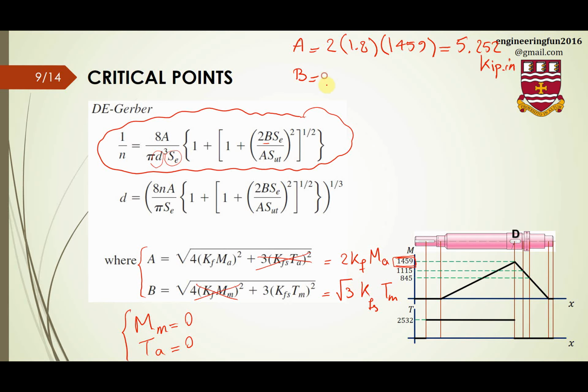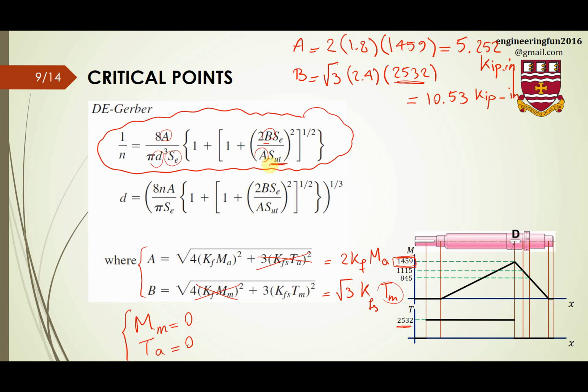will be square root of 3 times 2.4 times 2.532, and the final answer will be 10.53 kilopound inch. And this number, which is Tm, is the amount of steady torque on the material. So once I get these two numbers, I can substitute those numbers here,